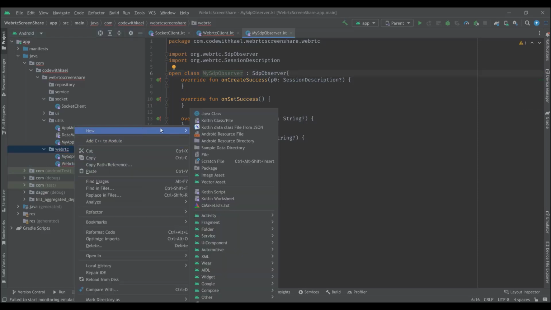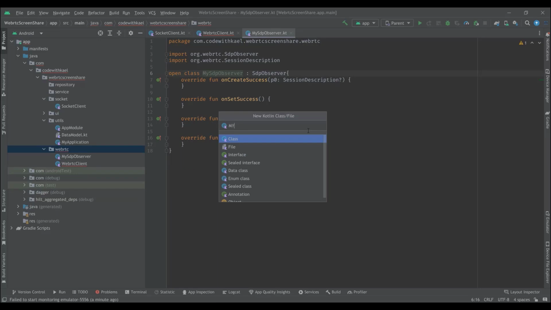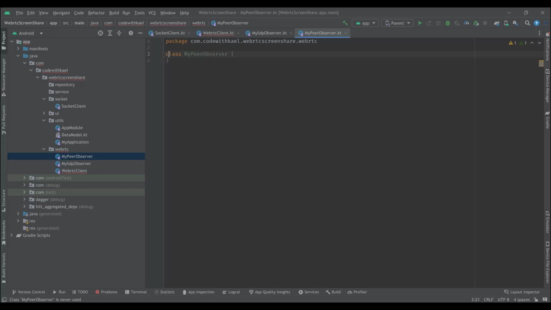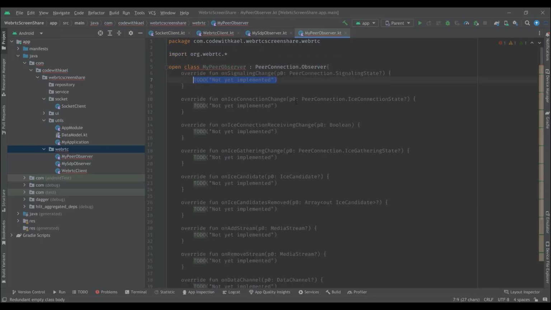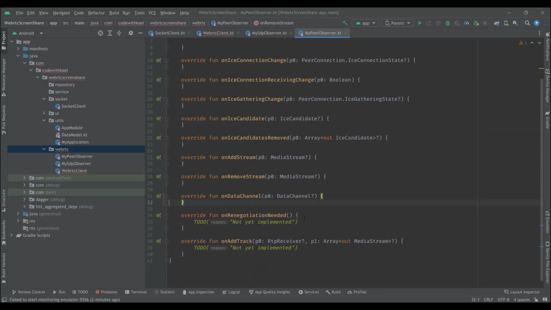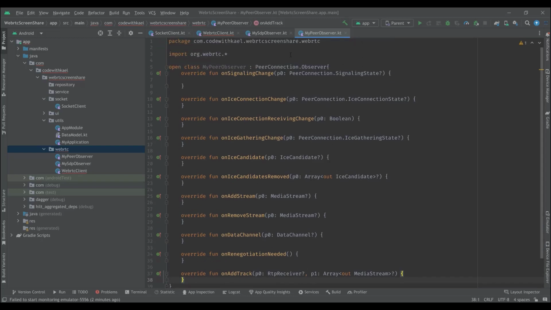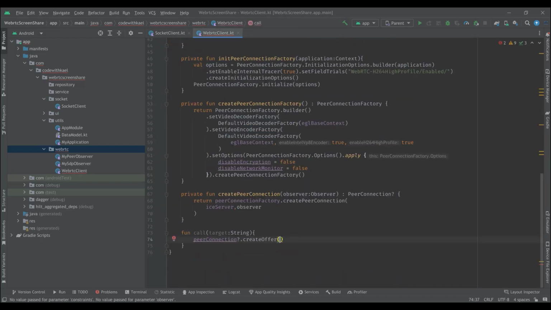And also I'll create a peer connection observer. My peer observer also is going to be an open class, and it extends from PeerConnection.Observer. I'll implement all of its methods, and we are ready to use these two classes. So right here as the observer, I'll just pass an anonymous class of type my SDP observer, and for the